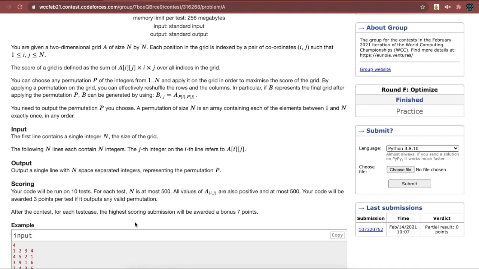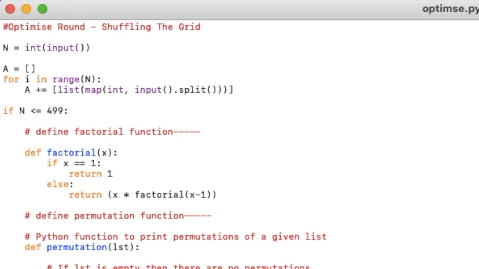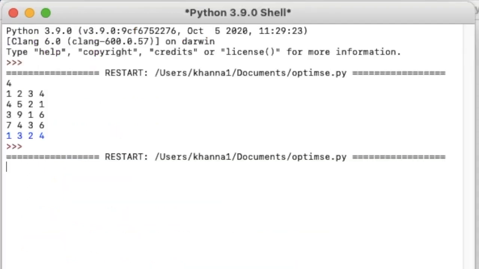So here's the code that I have written for the shuffling the grid question. This code manages to output the permutation that generates the maximum possible score. However, it does not work for every test case. Since the sample 1 on Codeforces has only n equals 4, it will work as n is still a small number. So let's test it with n equals 4 with the sample input. So saving the code and running it, and then pasting it here,